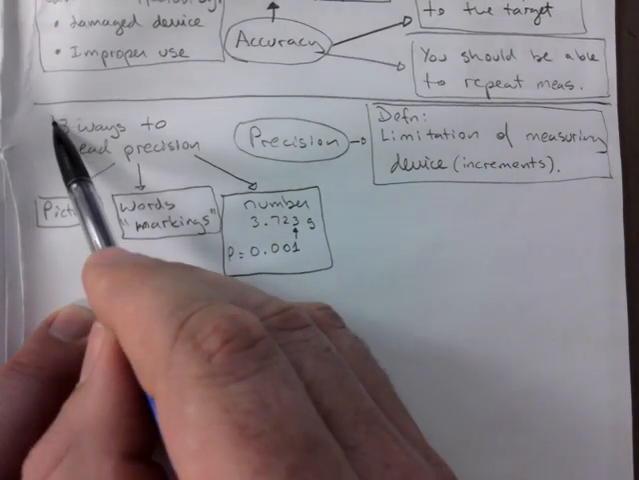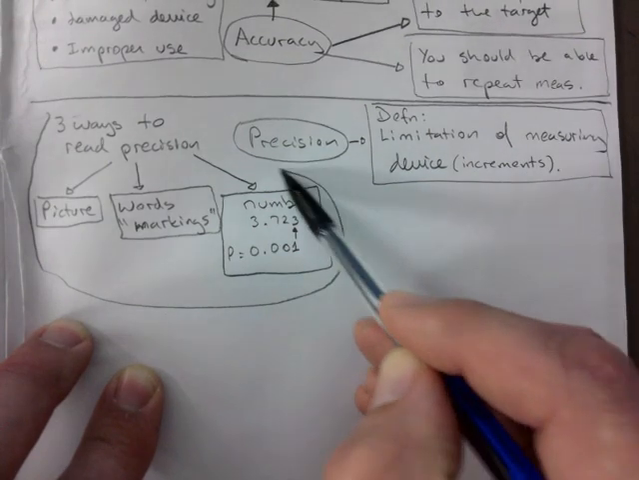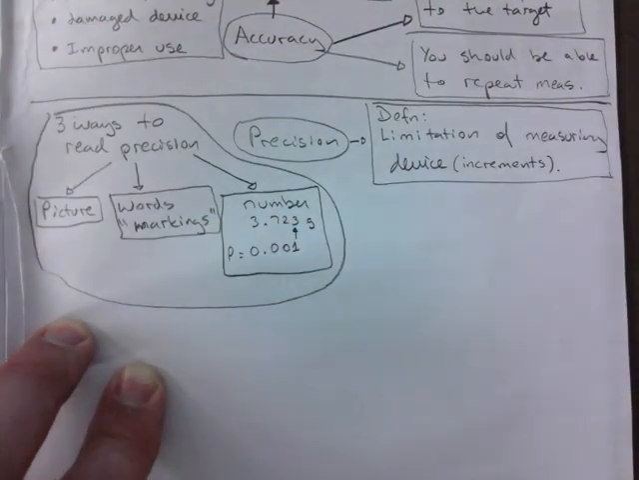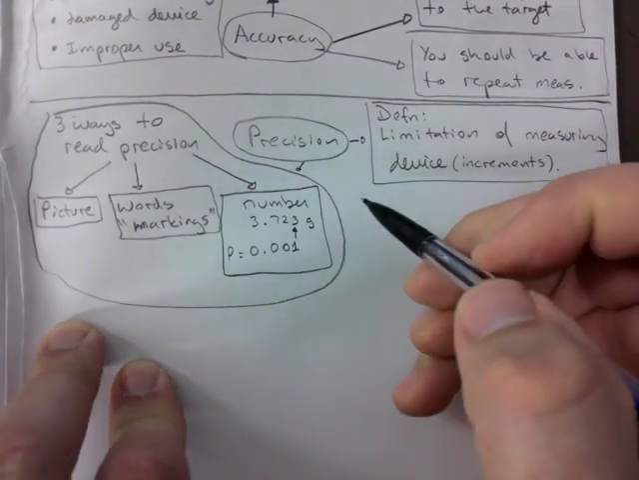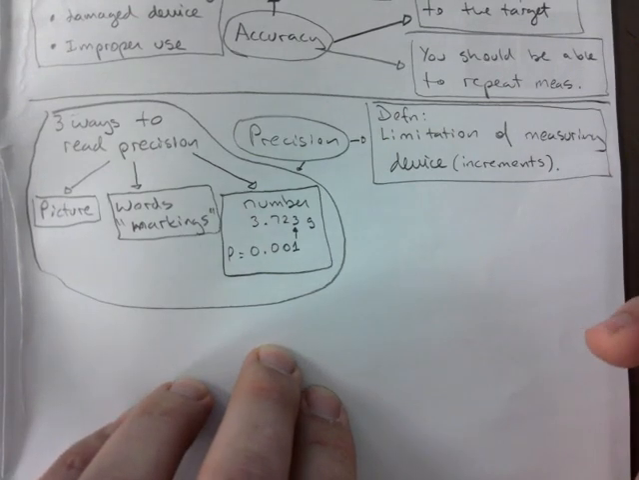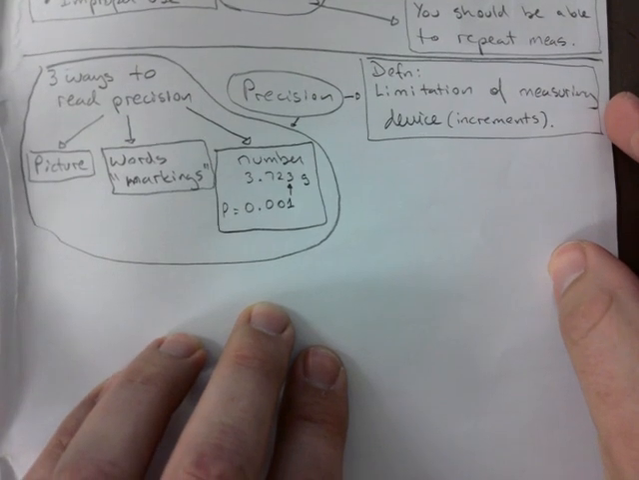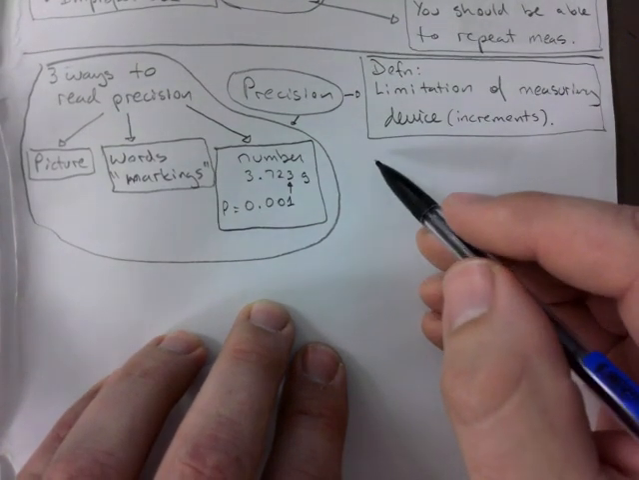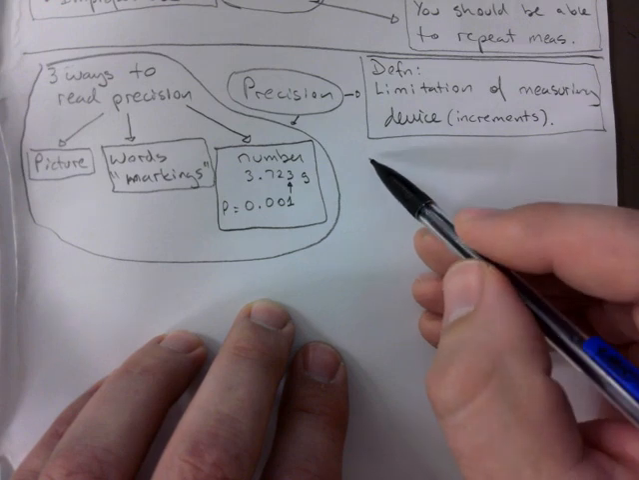But I will circle this whole thing. This is kind of like a subcategory. Okay? And make an arrow from precision to it. I would say smaller increments